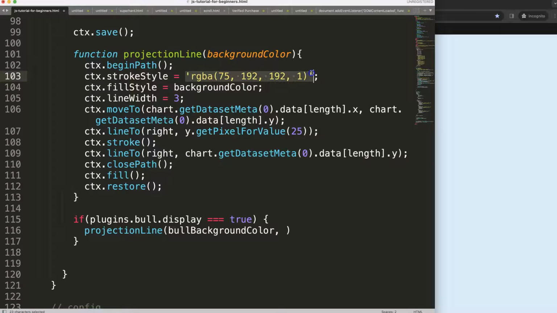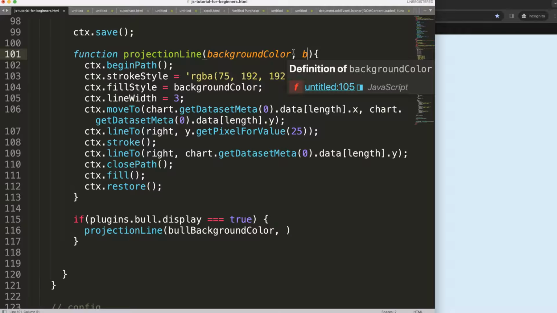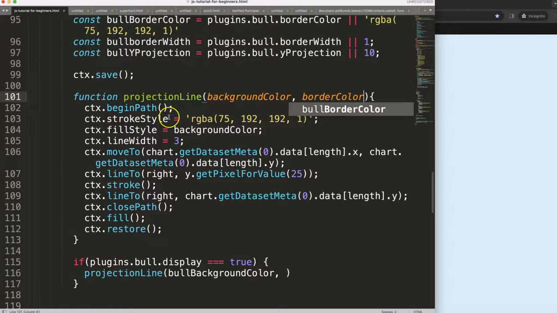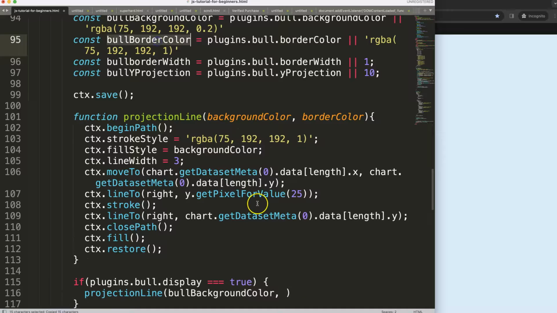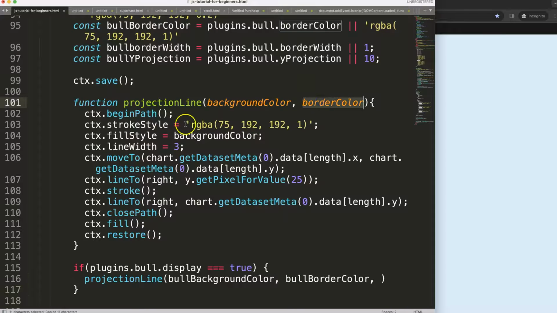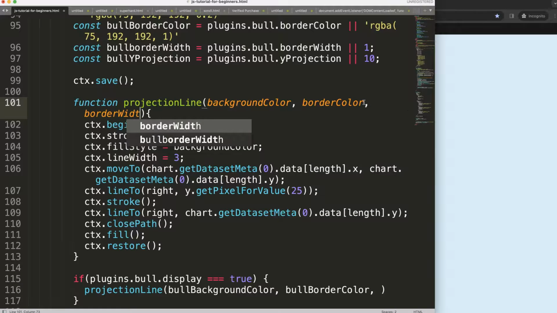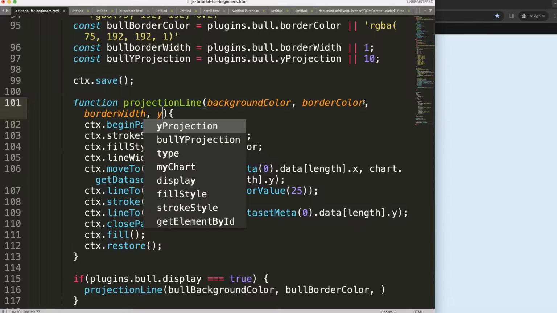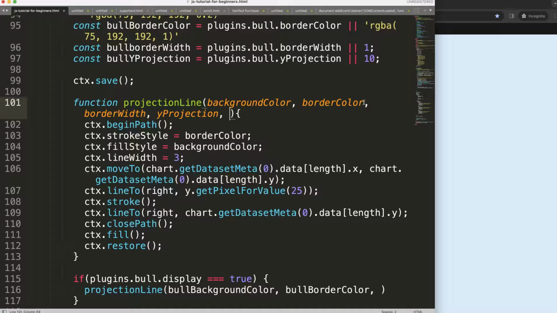So for the stroke style, we had another one that will be the border color. And the border color is the bool border color. Put it in there, comma, and this border color in here. Then we're going to say here border width, comma. What do we have more? The Y projection, and finally we have